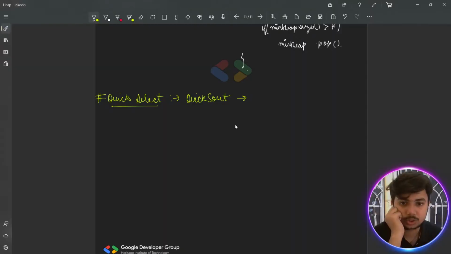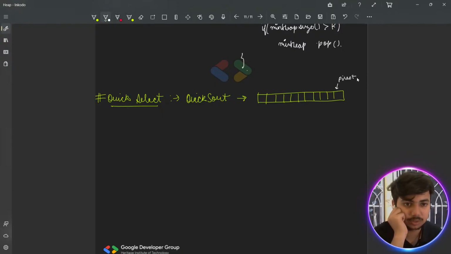So what quick sort does is in a particular array, it chooses a pivot element, right? And it's generally at the rightmost part. Okay, it chooses a pivot element and then fixes the position of that particular pivot element. Okay,